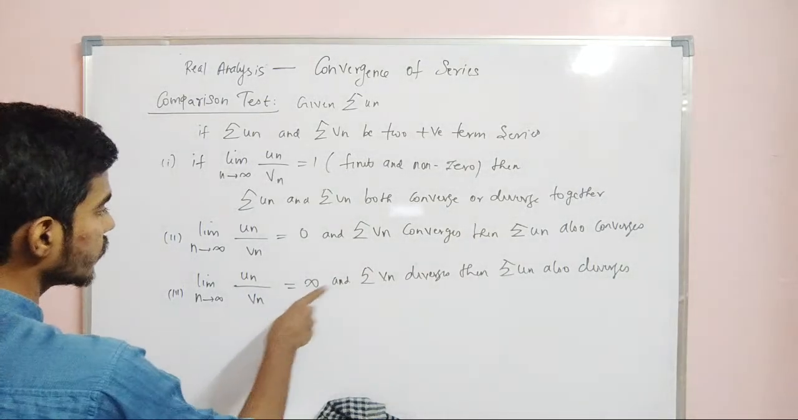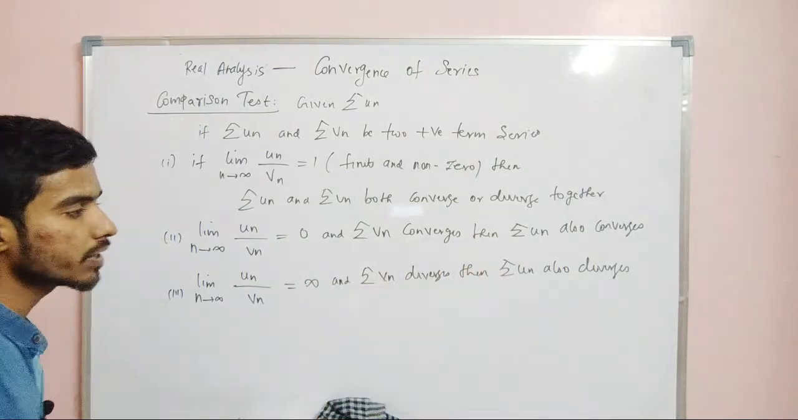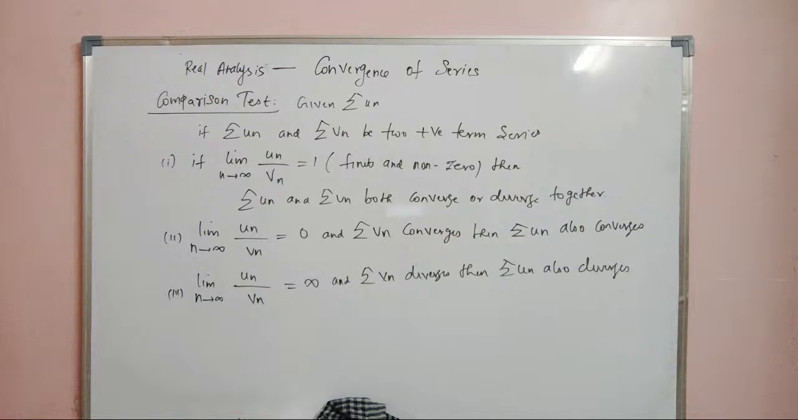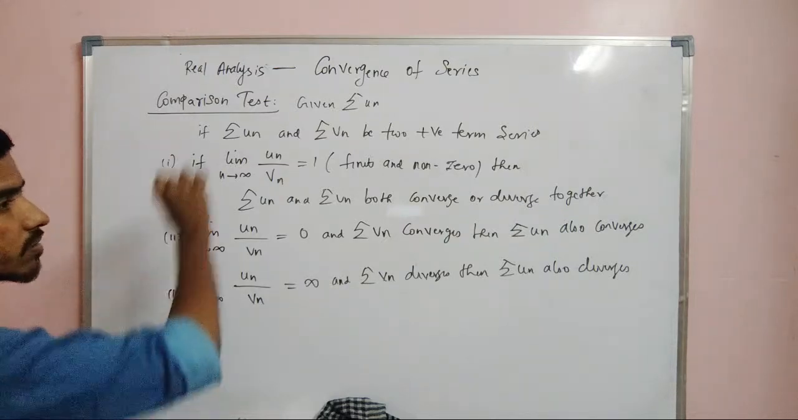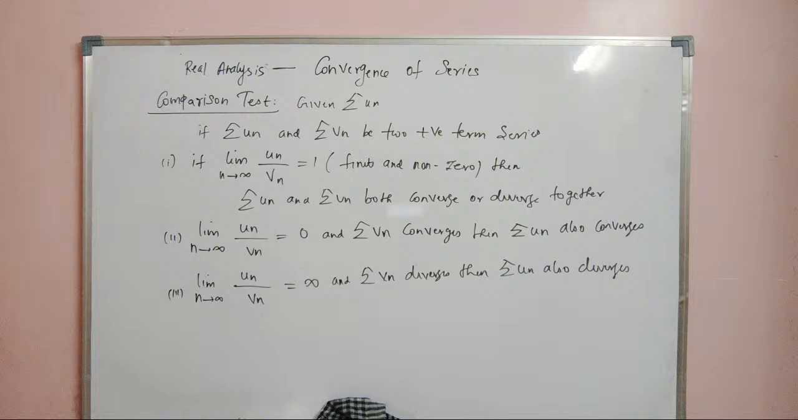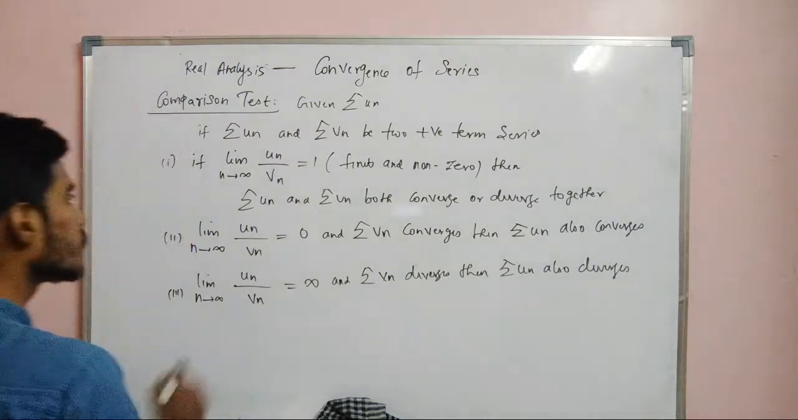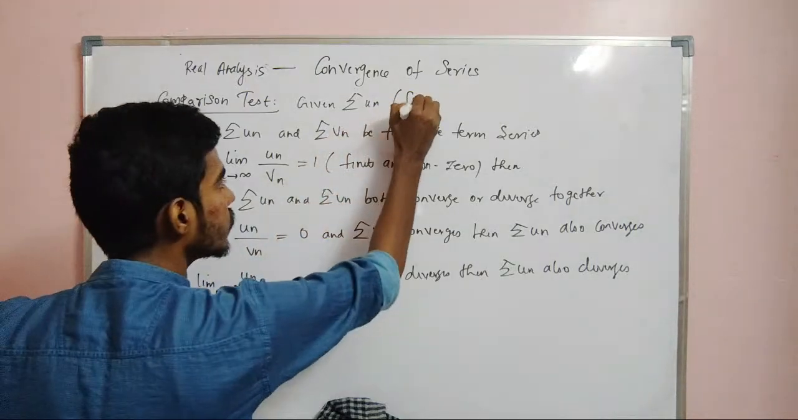And if it is equal to infinity, then summation Vn diverges, then Un also diverges. So just make a very important note and make some boxes for the comparison test. Now we will work out the problems based on the comparison test. The only thing is, Un is given, find Vn